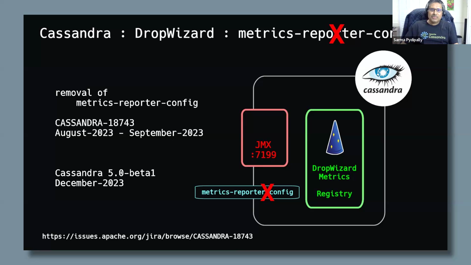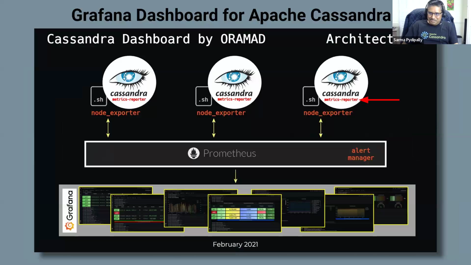Some of us voted for removal of this old metrics reporter config. I realized that on December 24th night, just getting into Christmas. I got a gift saying, hey, you are using this metrics reporter config, which is no longer supported. So how I was using the metrics reporter: you can see every node has a metrics reporter plugged in, and I